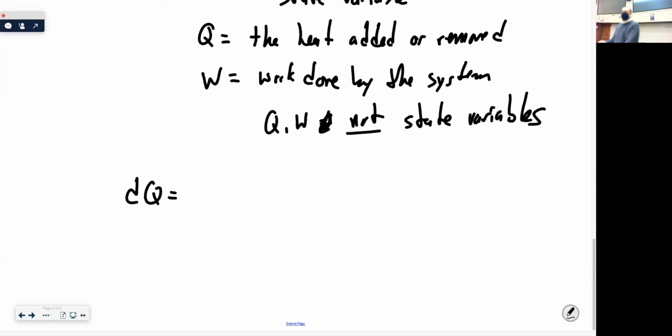And honestly, dQ often shows up in these equations. What is the d? Some differential Q? That doesn't even really make sense. It's a redundancy. Q is already by definition a differential. You could just as easily write this Q minus W. There really isn't a need for the d and the d on the W either, right? A change in thermal energy is related to the Q and the W. dQ and dW is redundant. It doesn't hurt to have it there, but you don't really need it. Q is already, by its very definition, a change in something. But I'll put it there anyway. This dQ, you can infer